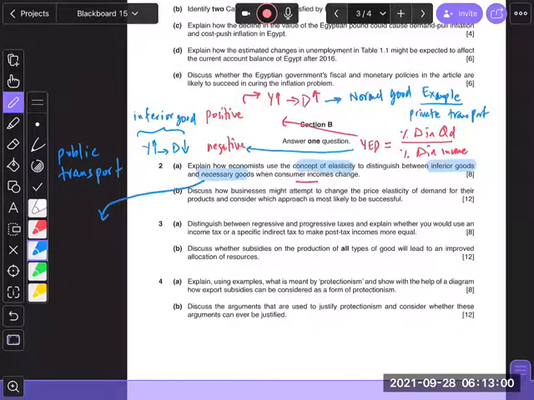Guys, can somebody tell me about necessary goods? What are necessary goods, and what's the value of YED for necessary good? So what are necessary goods? Anyone? Necessary good, very good. That's the word. We say necessary goods are income inelastic. They are income inelastic goods, which basically means that as your income goes up or down, the change in income will not lead to